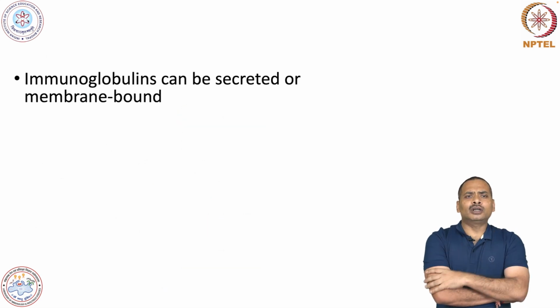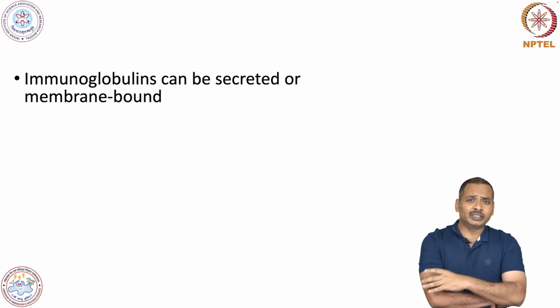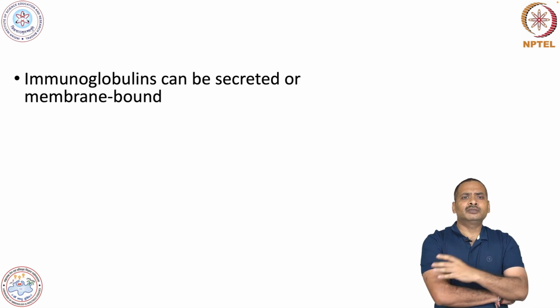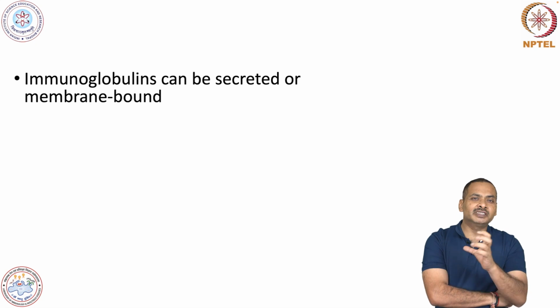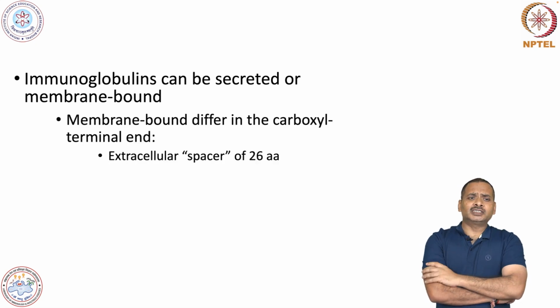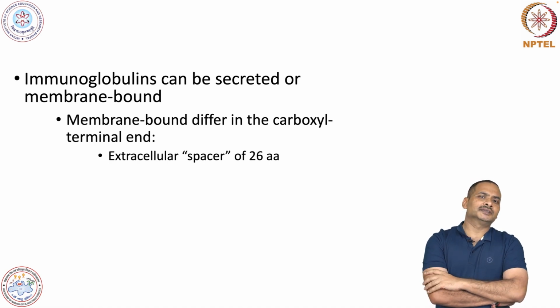So, immunoglobulin can be secreted. You know that immunoglobulin is secreted by plasma cells. Or it may be membrane bound. Membrane bound immunoglobulin is present in B cells. So, if it is membrane bound, then the C terminal